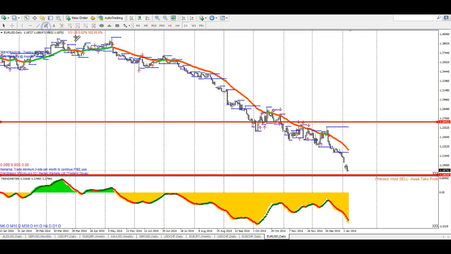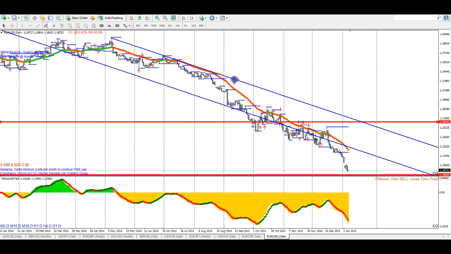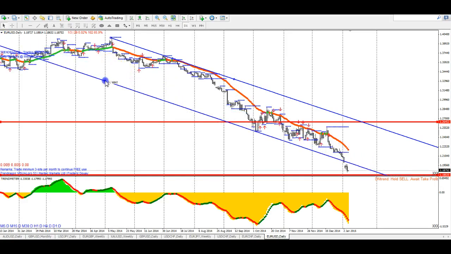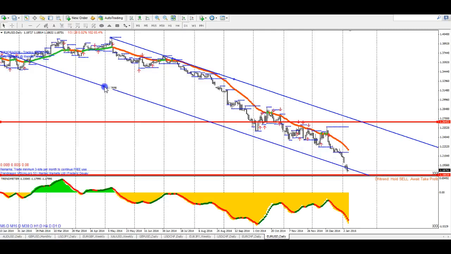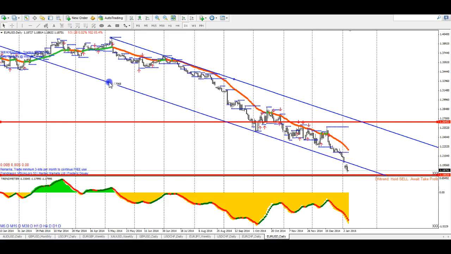So if we analyze the chart with a trend channel, we can actually draw this one here, and normally it should go all the way here because it's the low. But something that is interesting is that if we draw it at that level here,